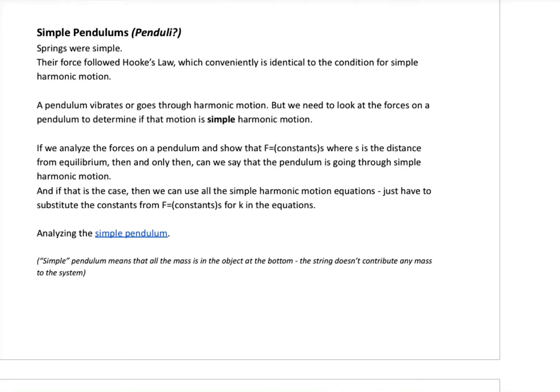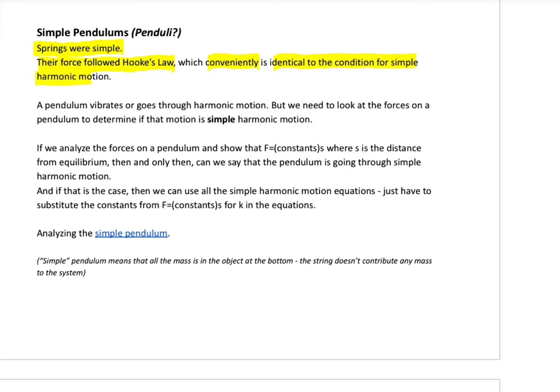The next little chunk of this is simple pendulums. I'm going to record two quick little videos just to set this up. The bottom line is when we looked at springs in simple harmonic motion, in a way they were simple because we know that springs follow this thing called Hooke's law, and conveniently, Hooke's law looks exactly like the condition for